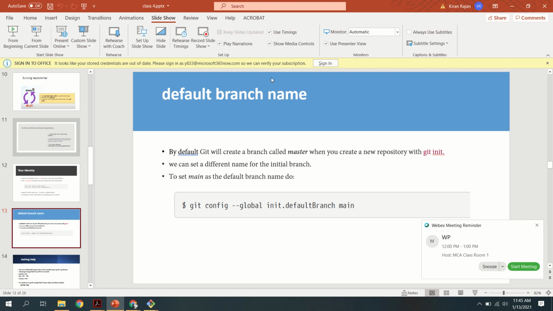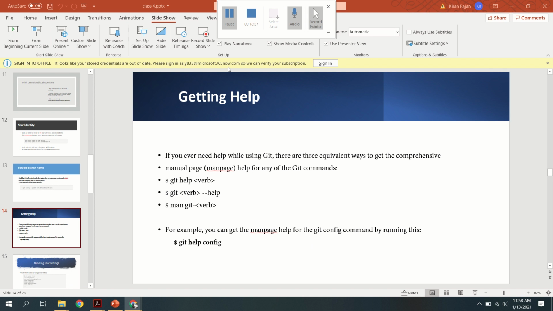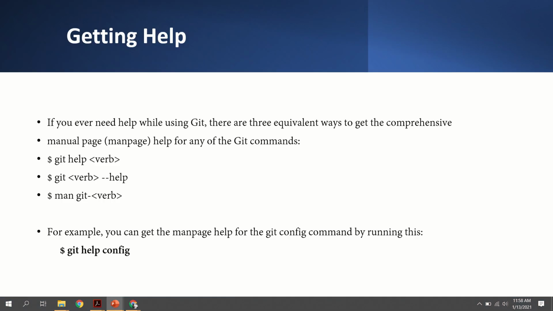Next, if you need any help while doing any of the git commands, that is also possible. So we can see which command is used to get help. There are 3 different methods for getting help. This is one method, this is the second method, this is the third method.